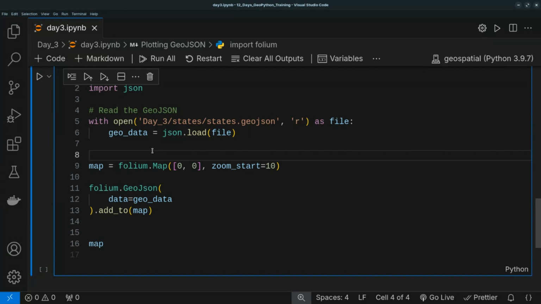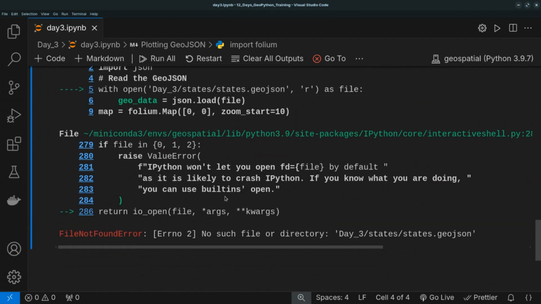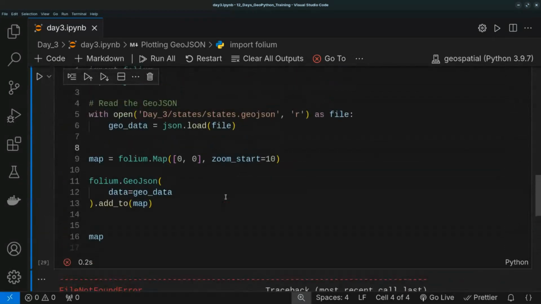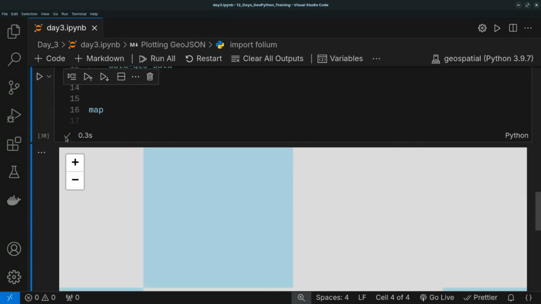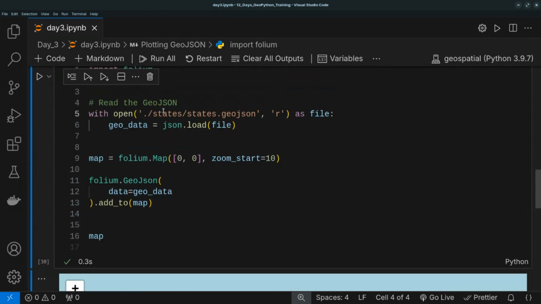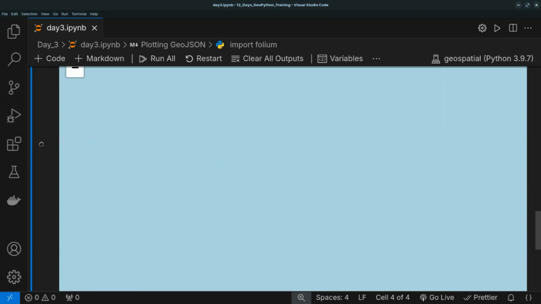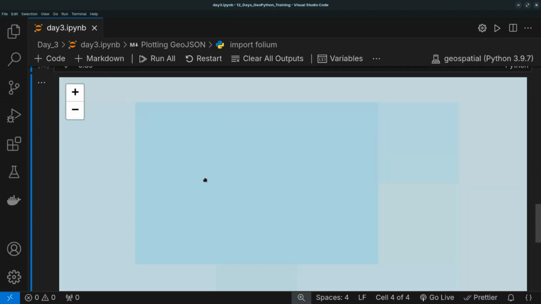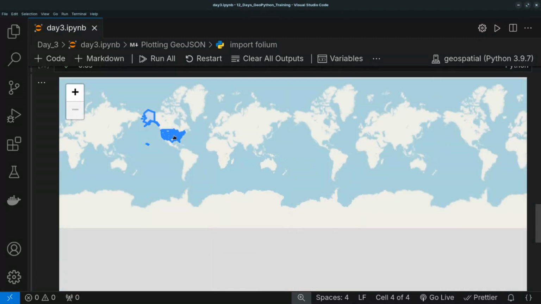So if I run this now and something has happened, no such file or directory, the states GeoJSON. Okay, so it has something to do with, let me change this one to dots and run it. Okay, so I just changed this one to dot/state/state GeoJSON, and then it's worked. It looks like my zoom level was not really the best. So since that one is in the US,